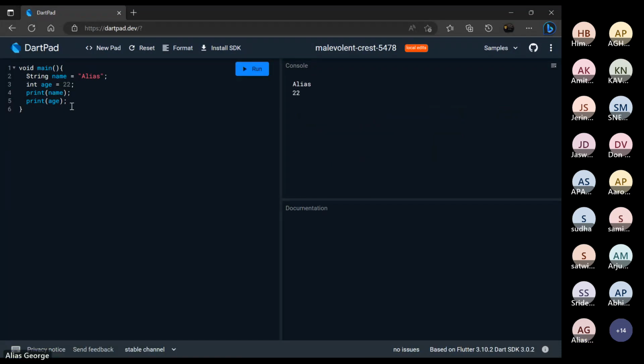So these all are the data types. These all are the variables. Name is a local variable, and age is also a local variable. And you know that age is an integer, name is a string. So string and int are what we can call data types. So this part we covered. The next thing we have to cover is that